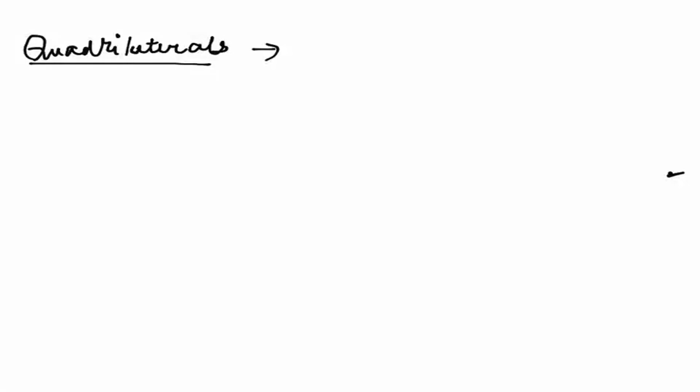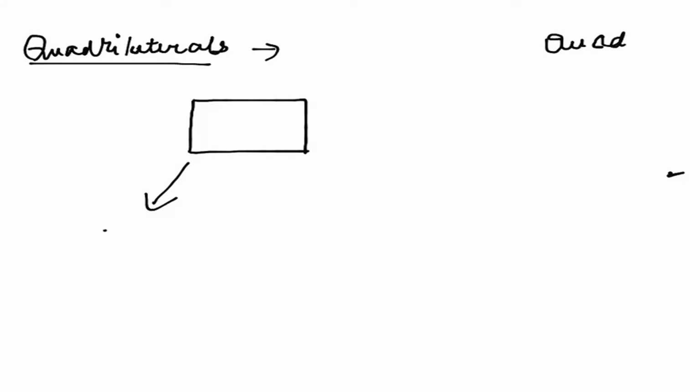So first of all, let's start with the understanding of quadrilateral. Let's start with the meaning of the quadrilateral. Quadrilateral itself has a word quad. By this we mean four. So any figure that is made up of four sides is known as quadrilateral. Quadrilateral is further divided into two parts. Here we have concave quadrilateral and we have convex quadrilateral.